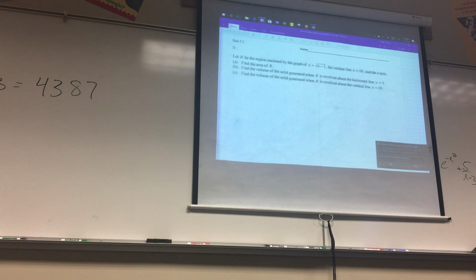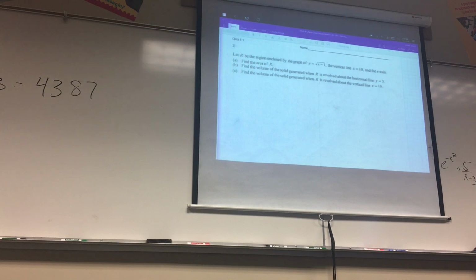Okay. First one of the year. Okay, here we go. So it says find the area of R. Like I said on the board, you kind of need to know what the graph of the square root of x minus 1 looks like, and you also need to know what the graph of x equals 10 looks like. Okay? And so for part A,